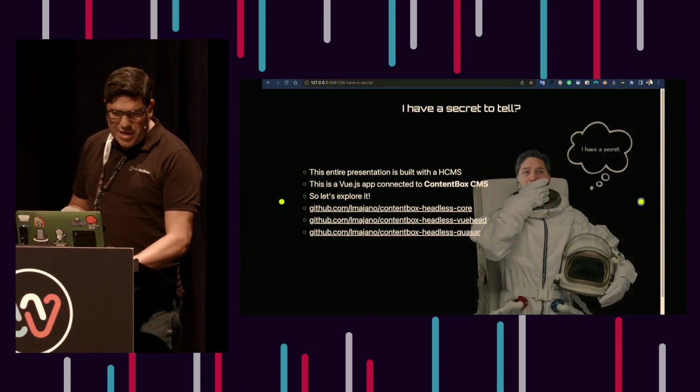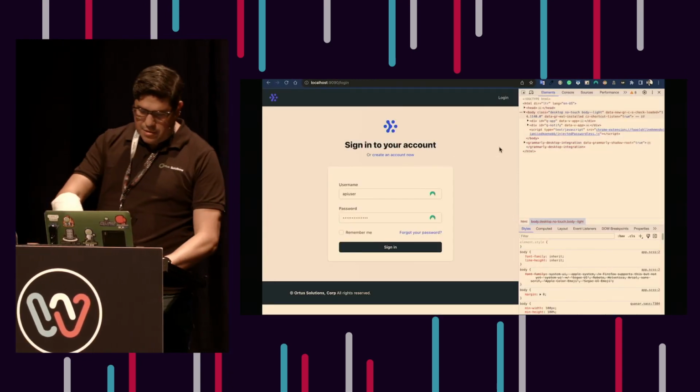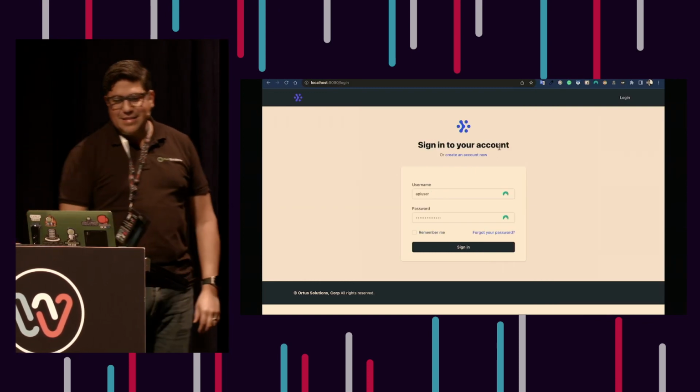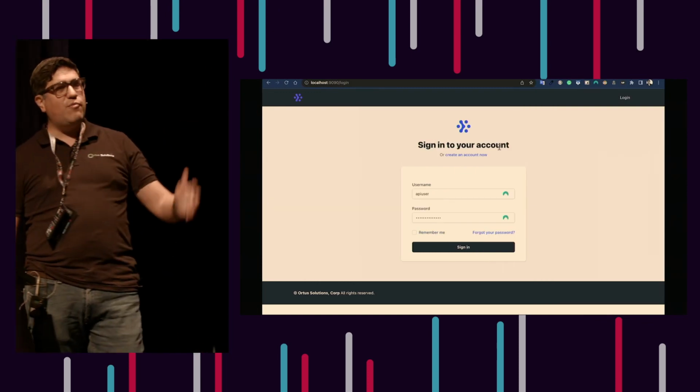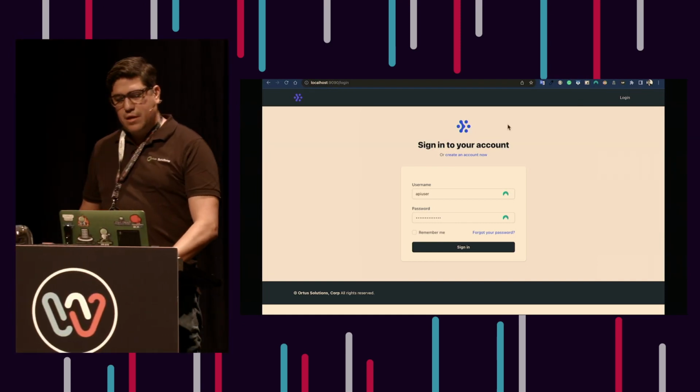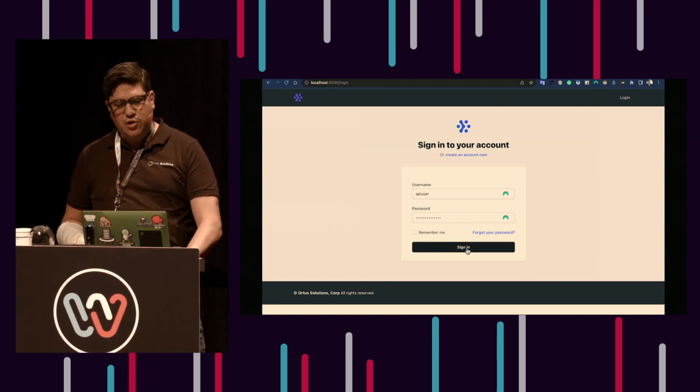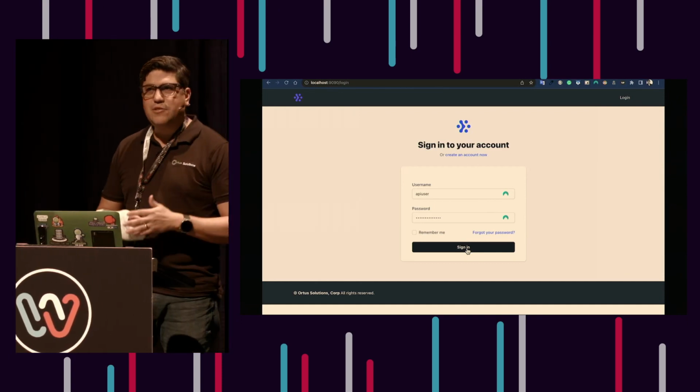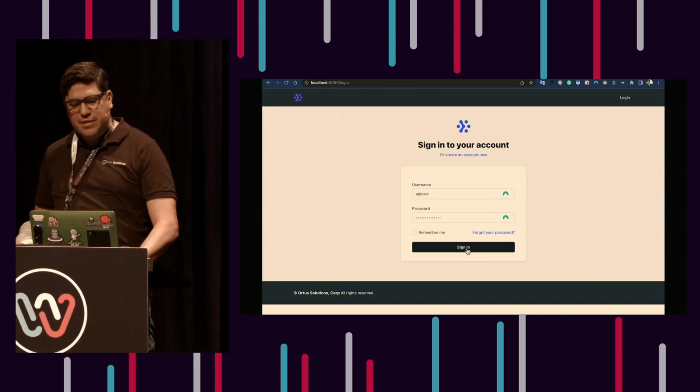So for example, here's the Quasar application. So, debugging. Okay? This is the Quasar application. This is a progressive web app. And I can also deploy it as an Electron app on my desktop. I've kind of hacked in my credentials here, but it's a secure app. Okay? So I've actually produced an application with my CMS.